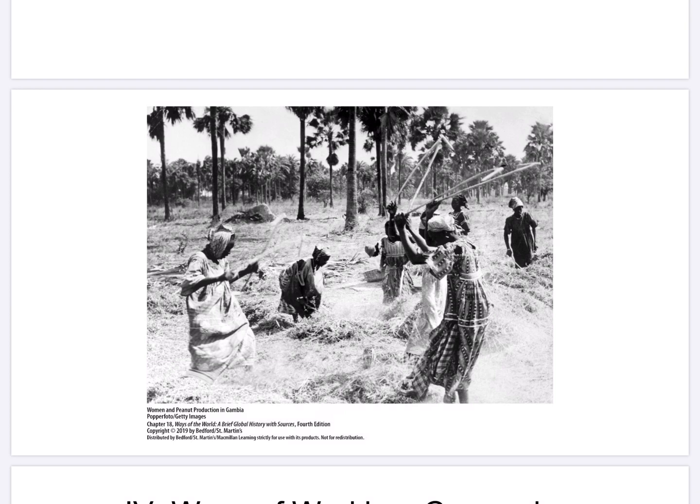Well, as the image shows, women were involved in cultivation in the pre-colonial period. However, the arrival of Europeans and changing market and labor patterns meant that women often became virtually independent heads of household in their husband's absence, taking on more of the tasks of cultivation and often growing cash crops like peanuts, as shown here.